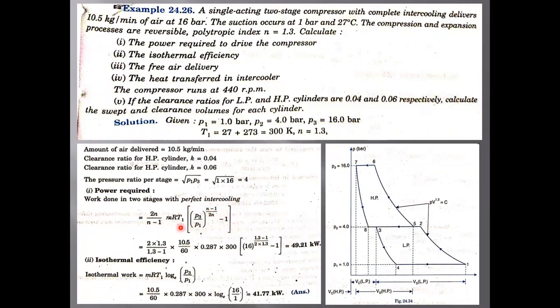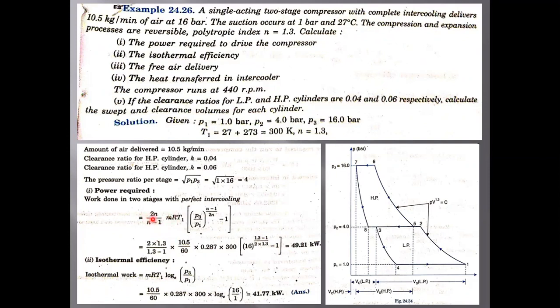Okay, see here, the formula we have used here is the one which we have derived already, right? So instead of taking P1 V1, we have mRT1. Since we don't know the value of V1, but we know the value of m, R is the universal gas constant, and T1 is already given, it is easy for us to convert P1 V1 to mRT1 to find the value.